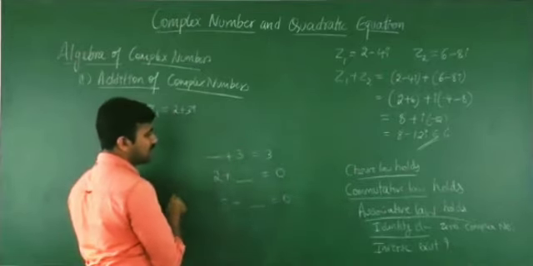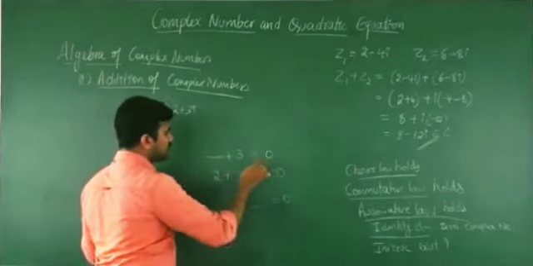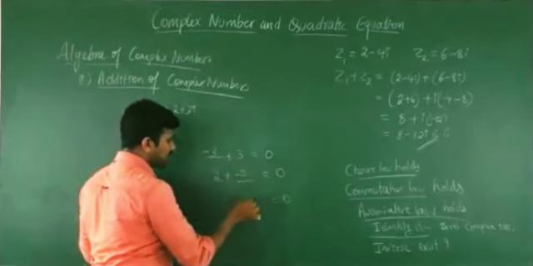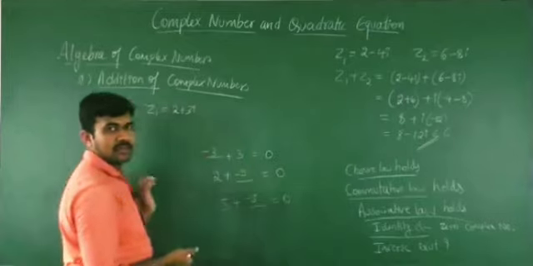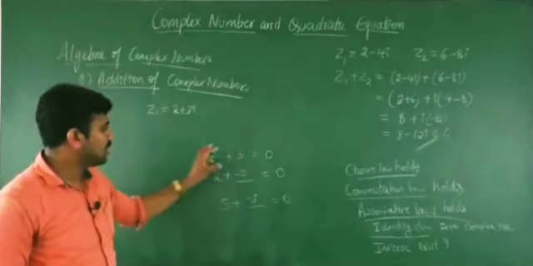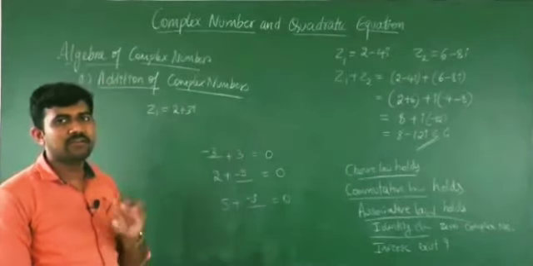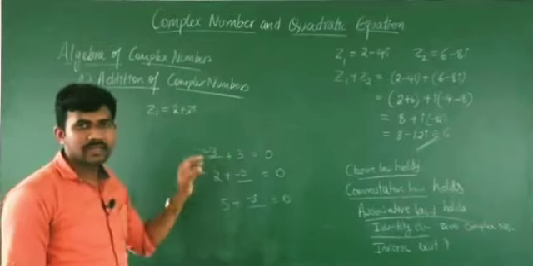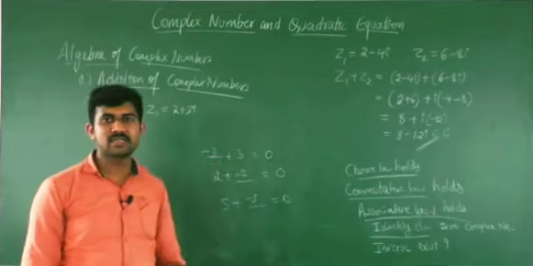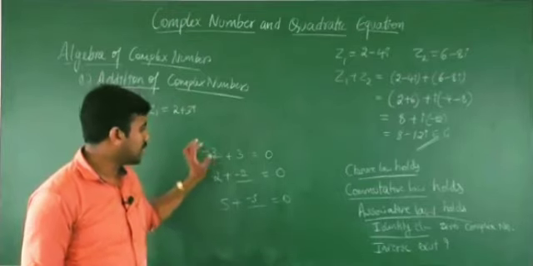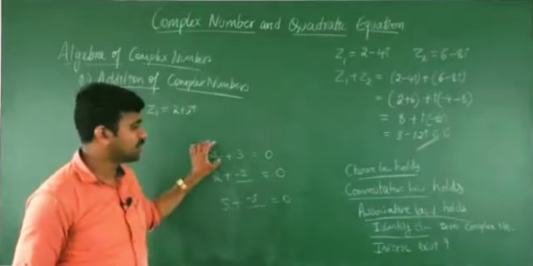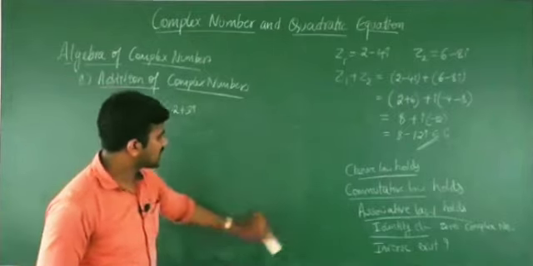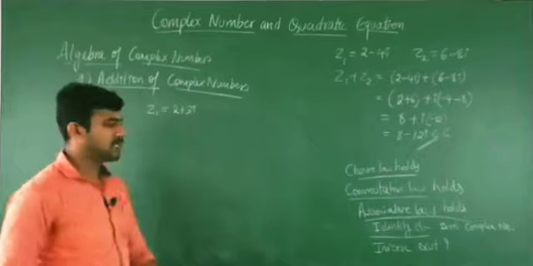Clearly here minus 3, minus 2, minus 5 is the answer. Right? So clearly if you take negative, or if you reverse the sign in numbers when adding, then clearly the value gets 0. So the inverse exists here in a real number system. But whether inverse exists in complex number system, check it.